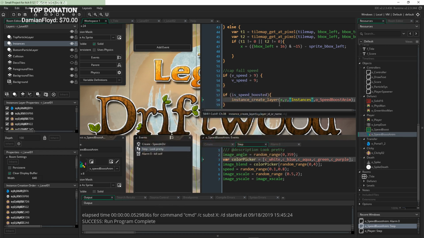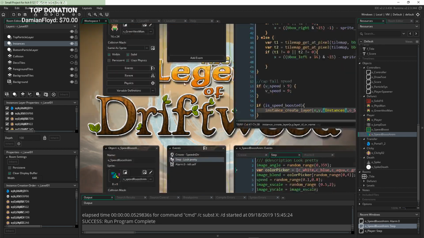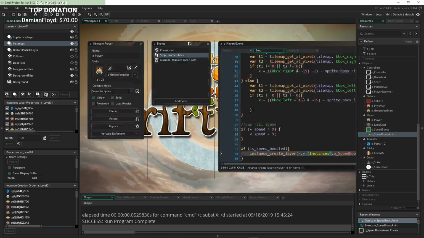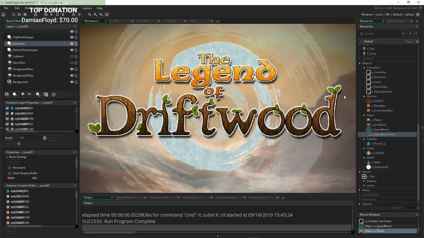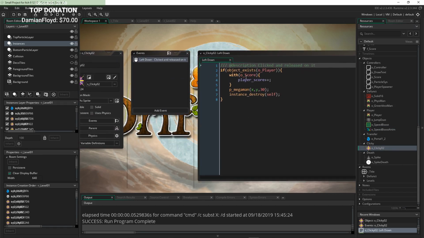I gotta fix that. Why isn't that working? So obviously the player still exists after I kill it? What? Because it's just still letting me click. It's still letting me click on it, and when I do,